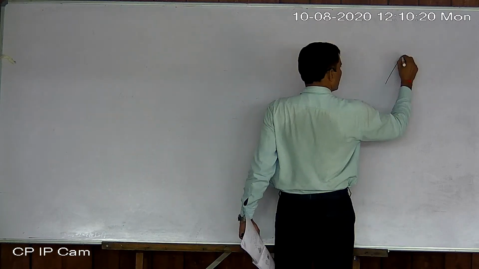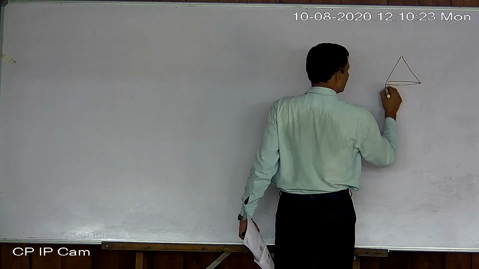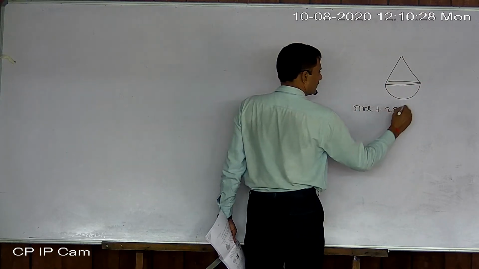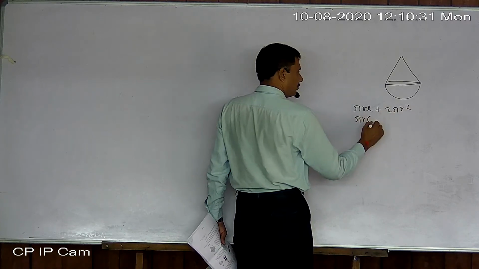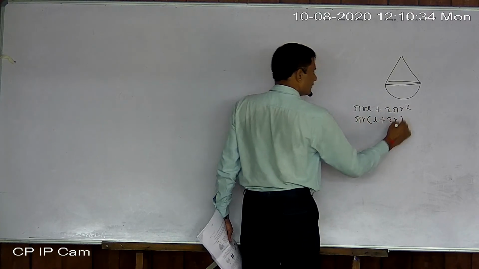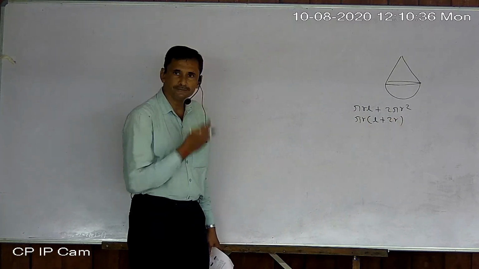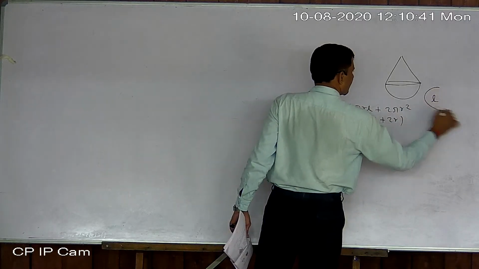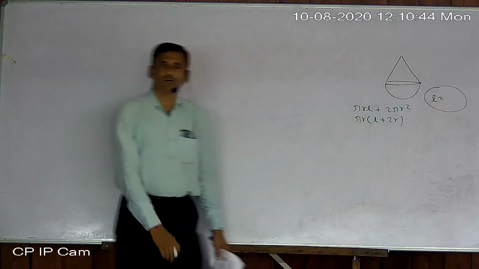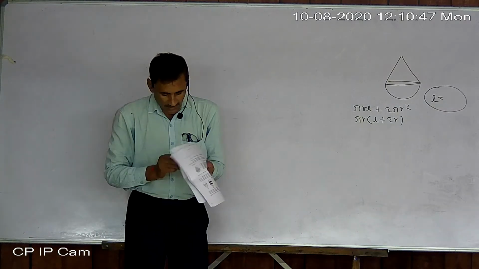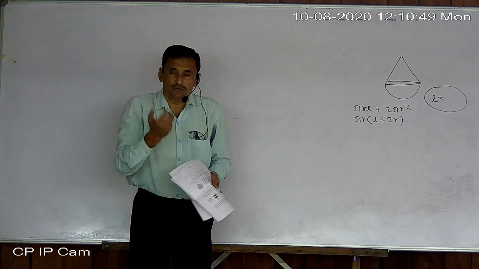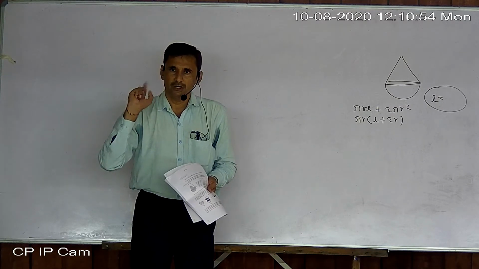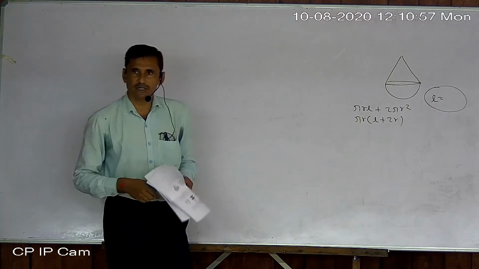First of all, in example number 1, total surface area is asked. So pi r L plus 2 pi r square will be needed. You will take pi r common, so L plus 2r will be left. In this one, finding L was quite in decimal, so I gave you how to find the square root, because whatever we got is not a perfect square number. In the earlier video lecture you saw that. I already discussed that.